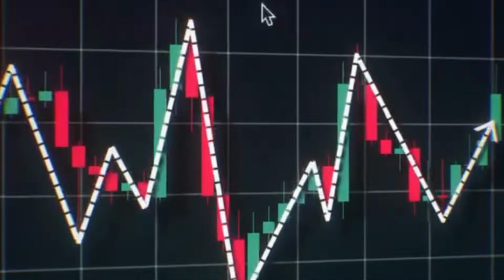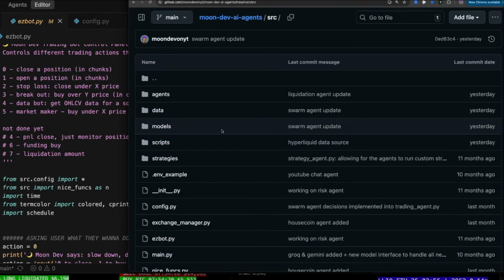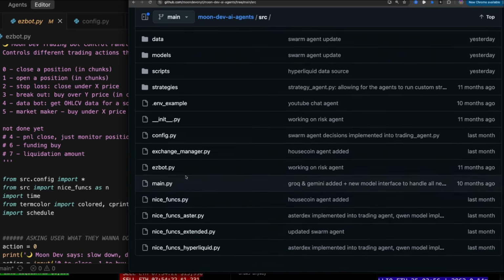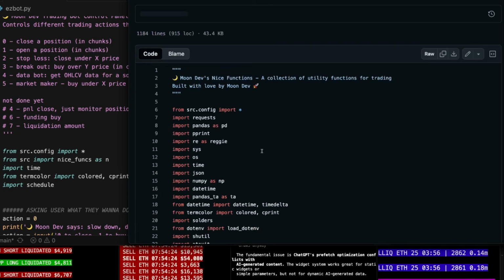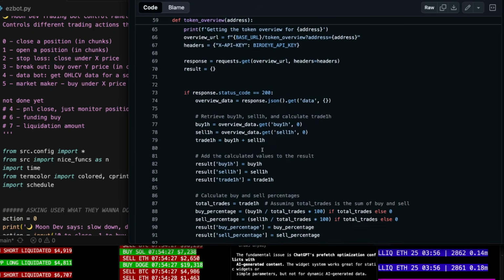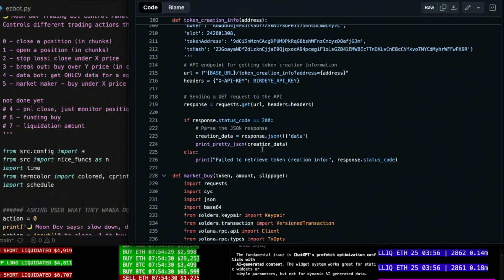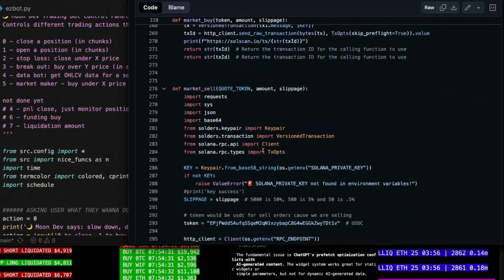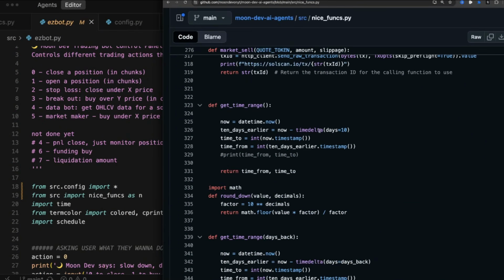And what's great about this file that you have access to in the easy.py, it connects to this nice funcs file. This nice funcs file shows you every single buy, sell, monitor position, every function you need in order to buy and sell on the Solana blockchain. Now, you might have just said, hey, I don't trade on Solana. And that's totally fine, because if you go back to the source file,